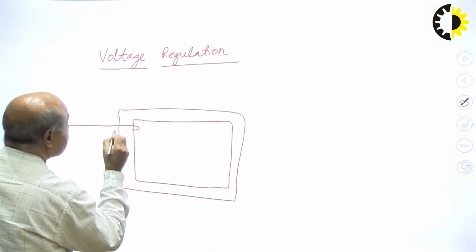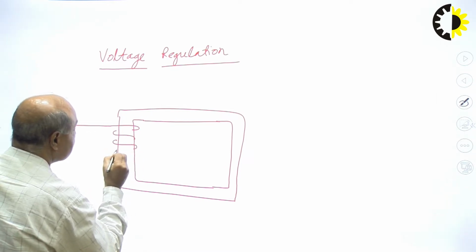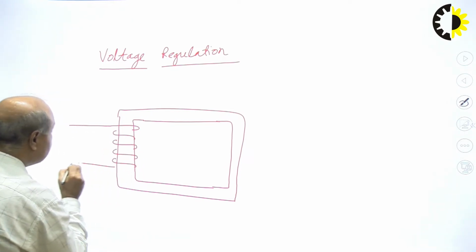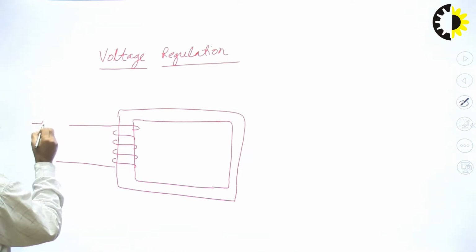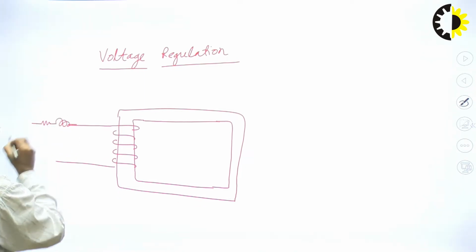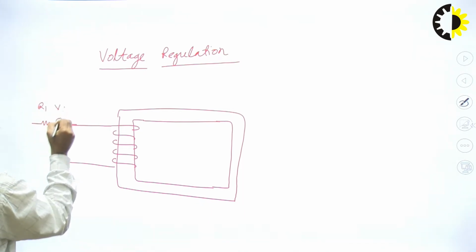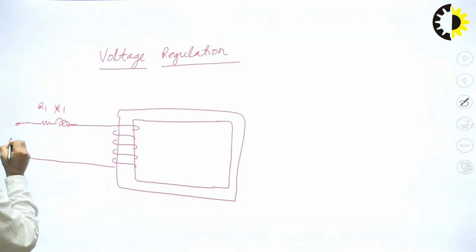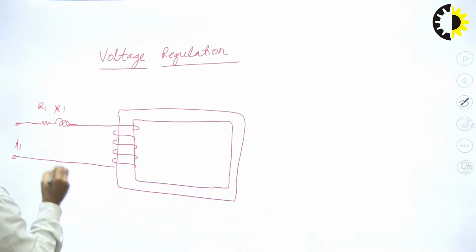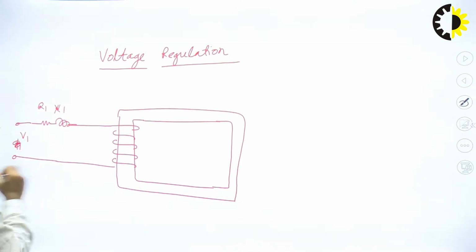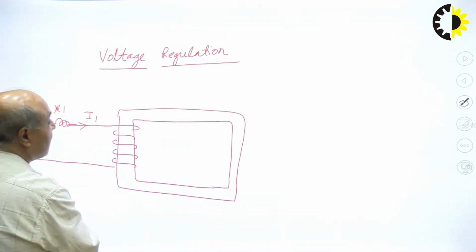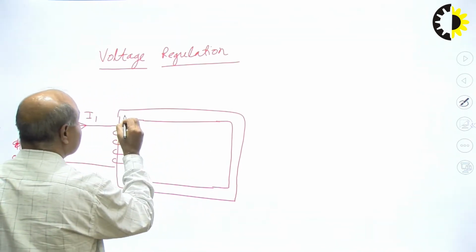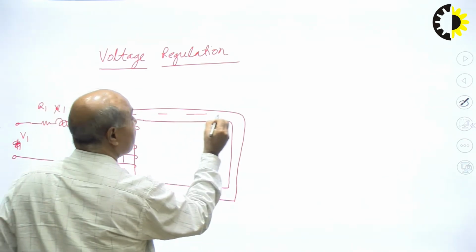Suppose this is our primary winding, and the primary winding has some resistance and some inductance, suppose R1 and X1, and here we apply an AC voltage, that is V1. This voltage is V1. Now this current is I1,